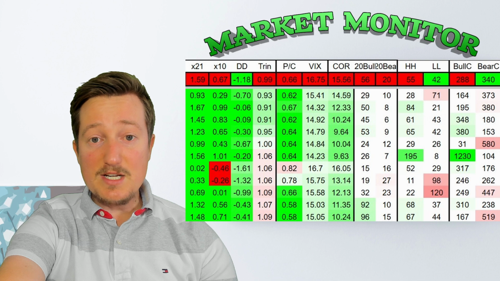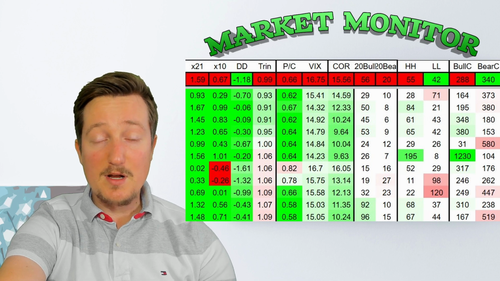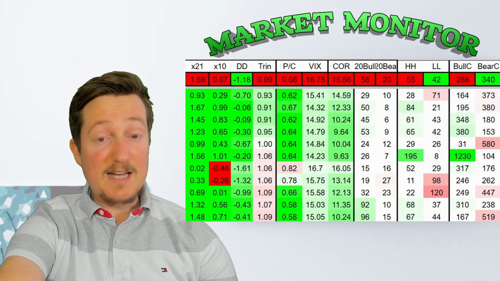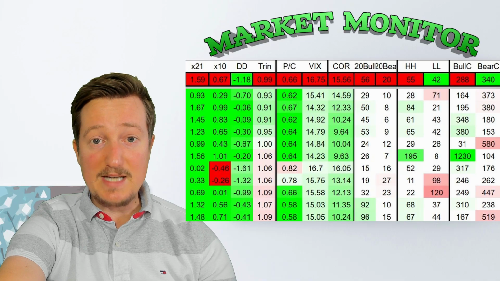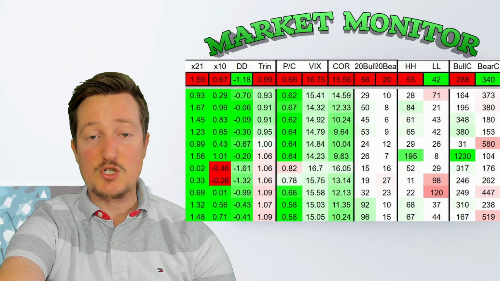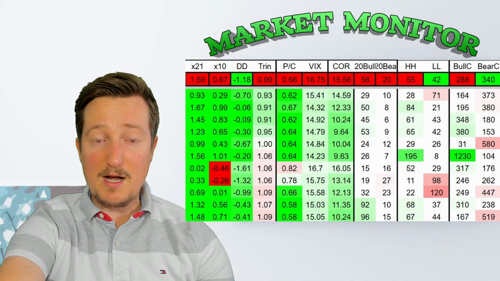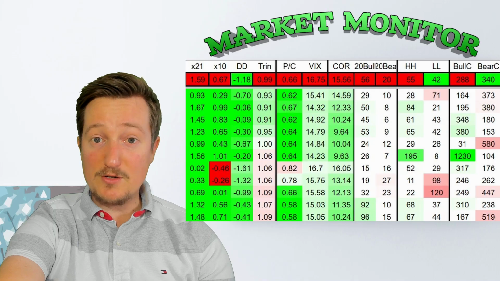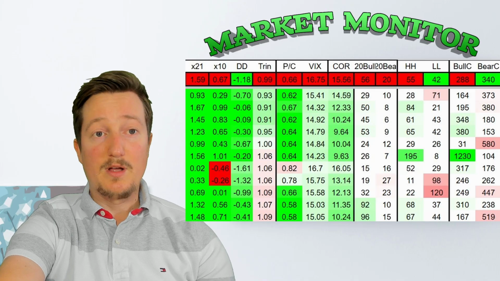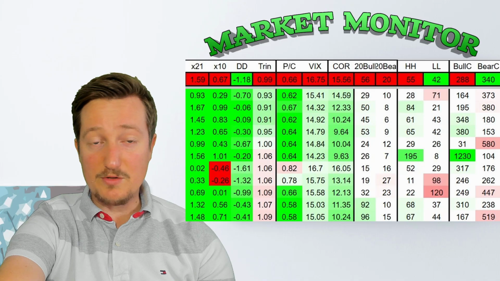The DD column, which is the drawdown, so we are currently in a negative 0.7% drawdown. And the index I'm tracking for all this data is the IWV, which tracks a lot of the Russell 3000 stocks. So it's not showing the weakness from the Qs. So we're only at a 0.7% drawdown. The trend indicator is actually starting to turn up bullish, which is great for all the IWM stuff. Put call ratio is still bullish.